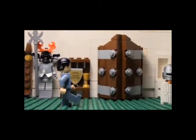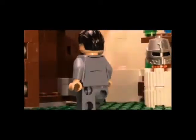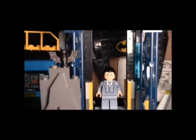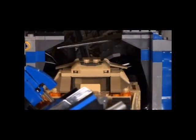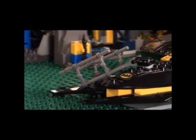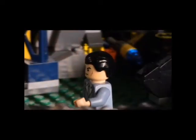This scene, I wanted to have a Wayne Manor that's just a hall, but I wanted it to look a lot better than the last one. And since the last Wayne Manor burned down in Justice League 2, I thought it was a good opportunity. And so this Batcave, I wanted to make it as though the Justice League rebuilt it, so I wanted it to look really awesome. So I used the 2012 Batcave, a Marvel Hulk Lab Smash set, and the Juniors Batcave,